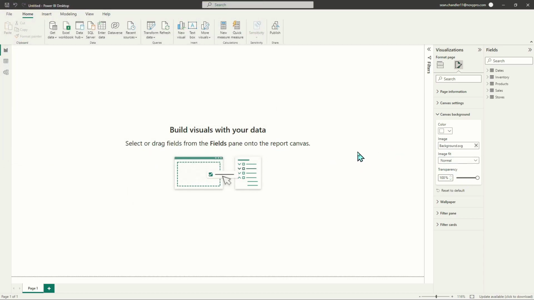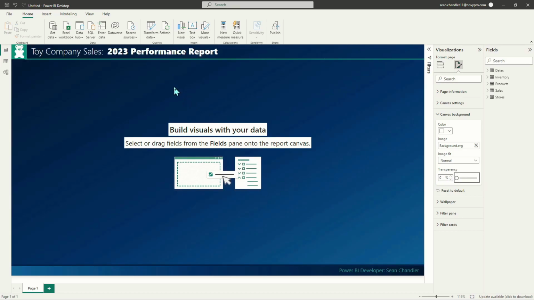Immediately you're going to say, well, what gives? There's nothing here. And that's just because, again, sort of confusing reasons, in Microsoft Power BI, the background transparency by default is usually set to 100%. So we're just going to drag this down to 0. And there you go. There's our SVG image. It's just immediately there waiting for us. And now we can start actually putting our data visuals into